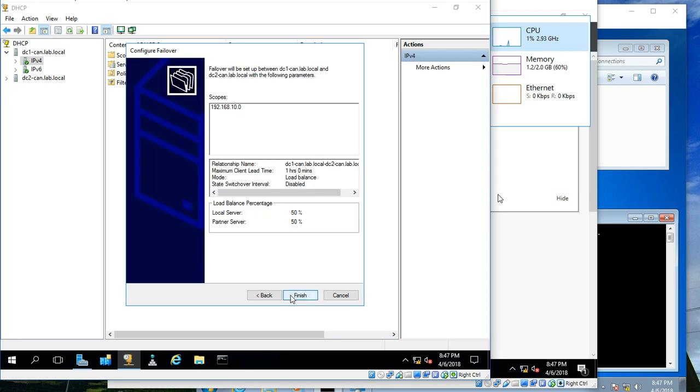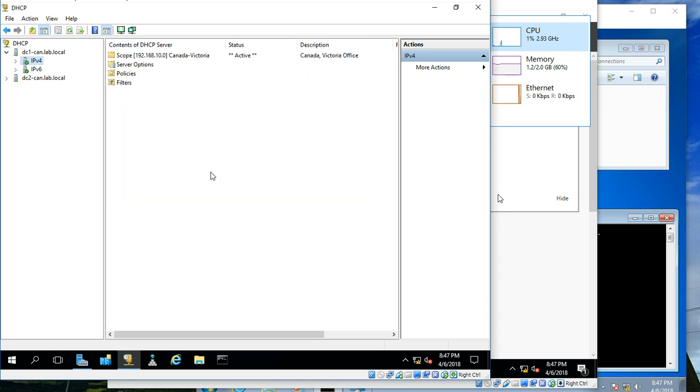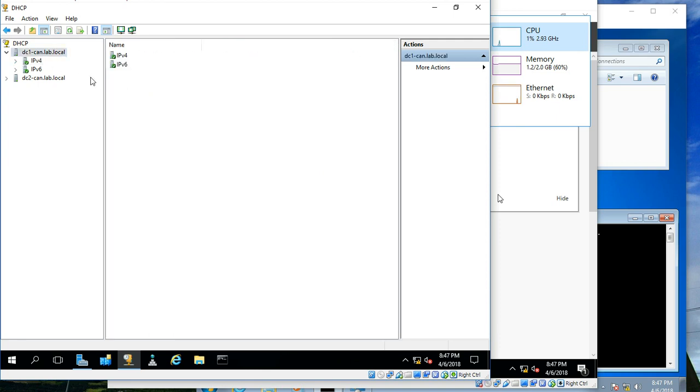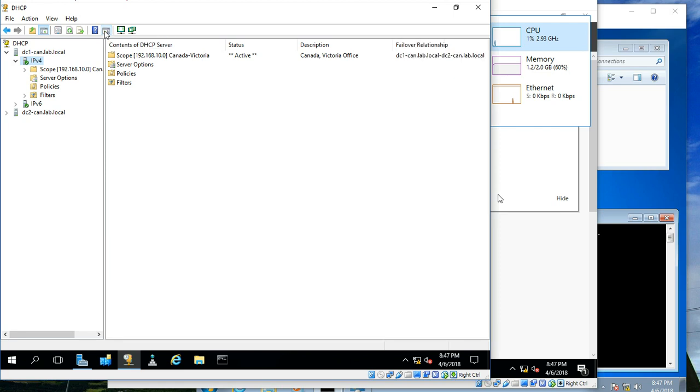Click on next. It'll be set up between these two partners for this one scope, and it's load balancing. Click on finish. Successful. Okay. So now if we were to look at the root here, look at this. Let's get rid of that window. Here we can see the failover relationship,